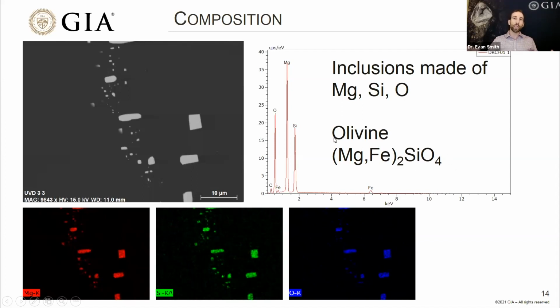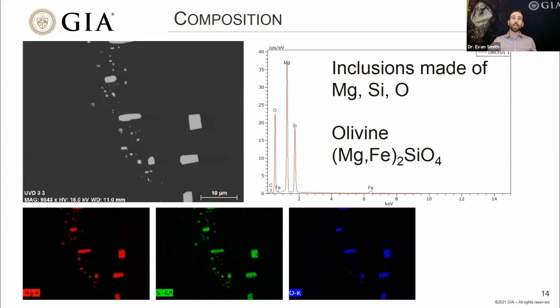And if we wanted to, we could take this to an electron microprobe and actually get a more quantitative picture of how much magnesium, how much silicon, and how much oxygen is present. So we can work out those proportions, and that's what this mineral formula is based on: these proportions. How much magnesium do you have? So we can identify minerals if we know their composition, in a sense.